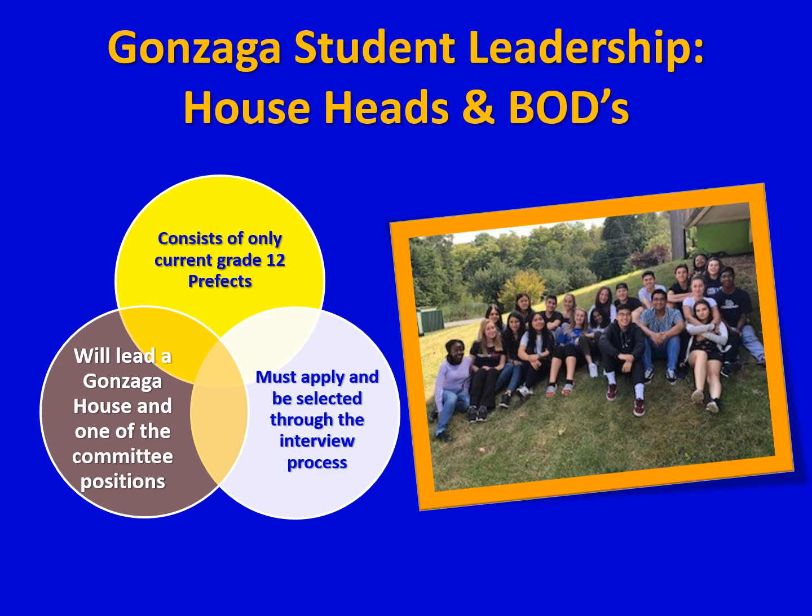The final part of the Gonzaga Student Leadership Program is the Gonzaga House Heads or Board of Directors. This group consists of usually 30 to 40 student leaders who want to take on an executive role and further develop their skills and abilities. This group of students is passionate about Gonzaga and has completed another separate interview to secure this position. The House Heads, or the BOD, support the Gonzaga House system by being the leaders or the leader of the Gonzaga House. In addition, these student leaders are responsible for being the head of one of our 10 committees. These students work in conjunction with